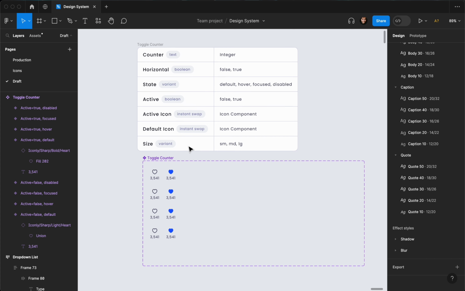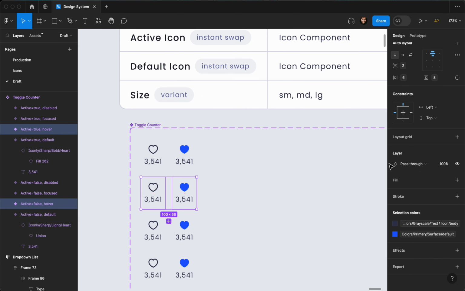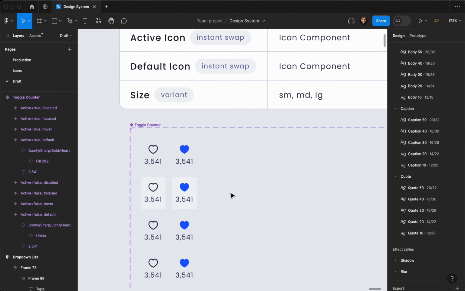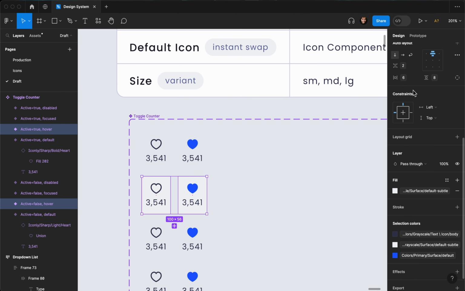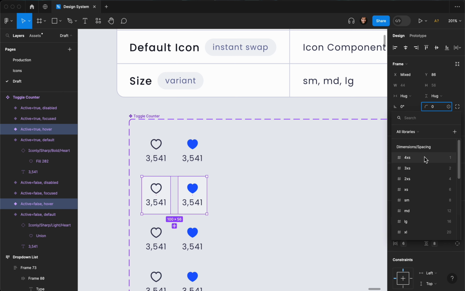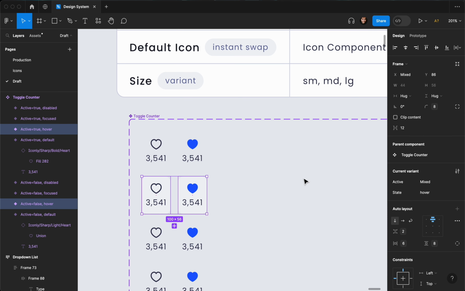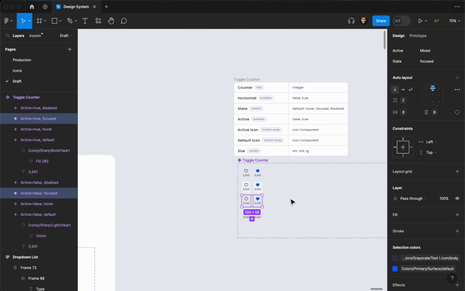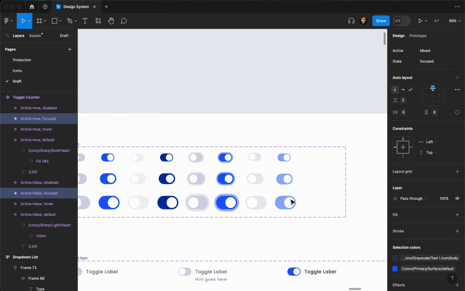All right. The next step is to style them. So to style them, I'm gonna actually add the background to them. So when you hover over them, you're gonna see a background. So I'm gonna go to the surface, and it's gonna be surface default subtle, something like that. As mentioned, I'm gonna give it a corner radius to make sure it matches my style. So I'm gonna go with the small one. Actually, it's not the corner radius. Here are the corner radiuses. It's gonna be X large. Yep, that's okay. For the focused one, the same as my buttons here or the switches, as you can see,